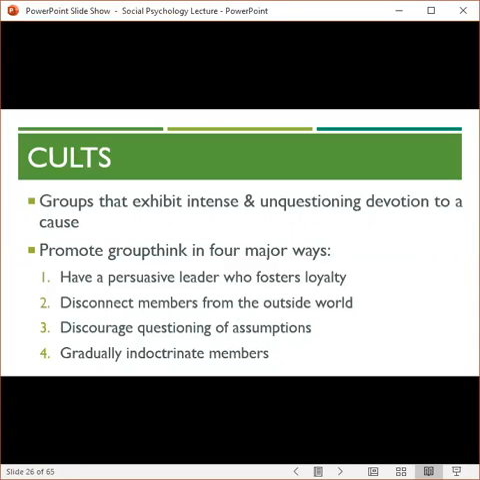Not much is known about cults, but we do know that they promote groupthink in 4 major ways. First, through a persuasive leader who fosters loyalty. Second, by disconnecting members from the outside world. They often take away access to phones and internet and make members cut ties with their family and friends so that they're not able to receive that sort of external perspective. They discourage questioning of assumptions, and they gradually indoctrinate members. So it's a slow process in which the person becomes used to the intense beliefs of the cult very slowly